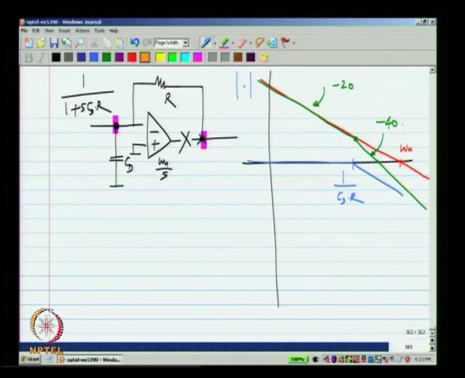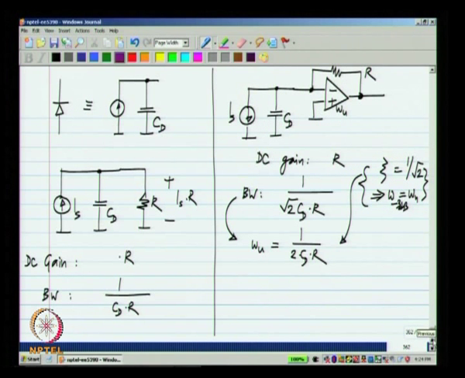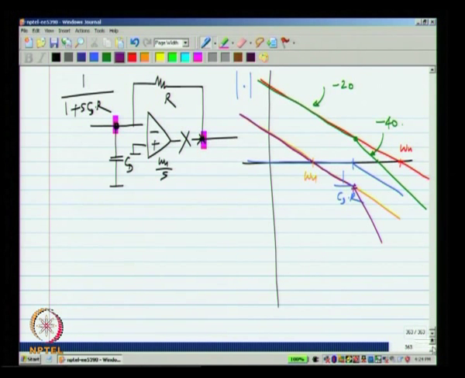So, let us try a smaller value of omega_u. So, let us say we had our omega_u somewhere over here, okay. Then everything seems fine, because then the loop gain will be something like this. It will have a first order behavior up to some value way below the unity loop gain frequency, and it will do that. Okay. This is perfectly fine. Now, this is the value required for damping factor of 1 over square root of 2, and that corresponds to somewhere over here. Okay.